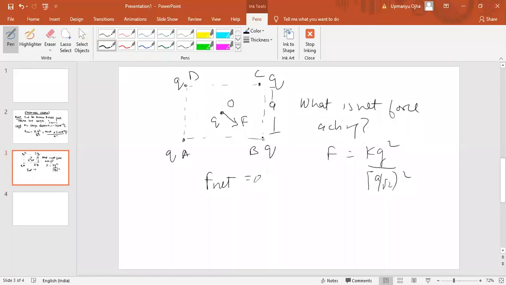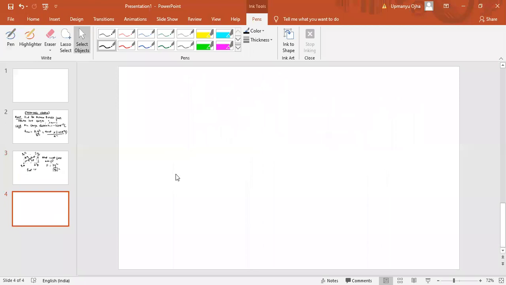Now, if you look at point B, there will also be a force between these 2 point charges, and point B will try to repel this charge with the same magnitude. Since both forces are equal and opposite, the net force becomes zero. Similarly, from point A the force acts along this direction, and from C along the opposite direction, so these forces cancel out. Therefore, the net force would be equal to 0. I hope most of you have got the answer for this also. Now, the next problem.